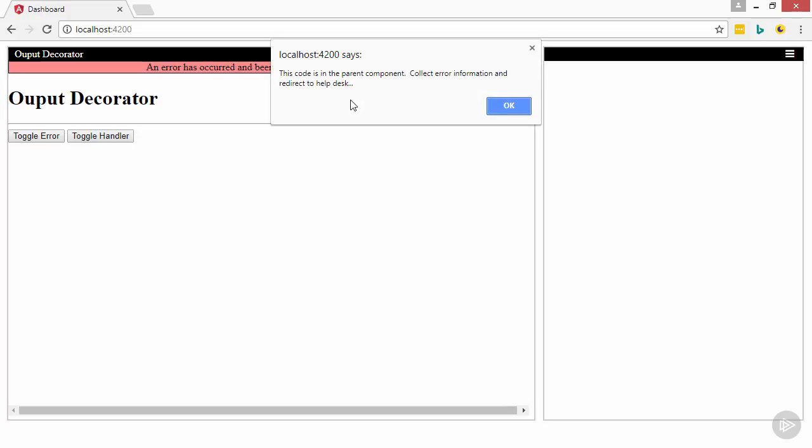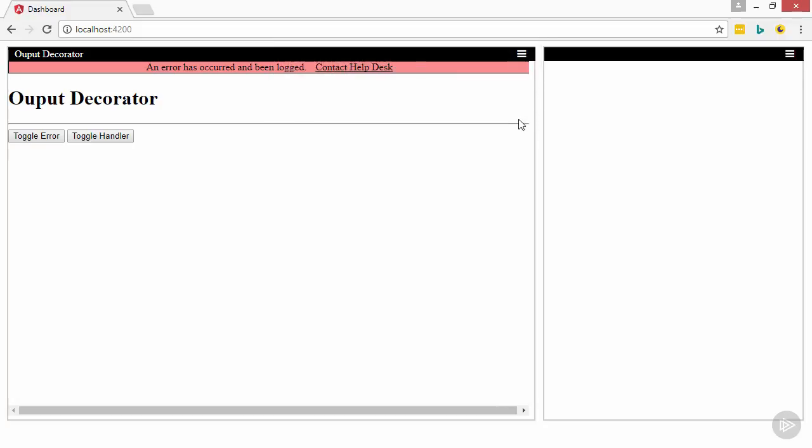When I click on that, in this case it's just throwing up an alert, but this is code running back in the parent component. That allows the error banner component to really do nothing but display the information. It's up to the owning component, the parent component, to figure out what information needs to be collected and how to contact the help desk. So taking a look at this in code,